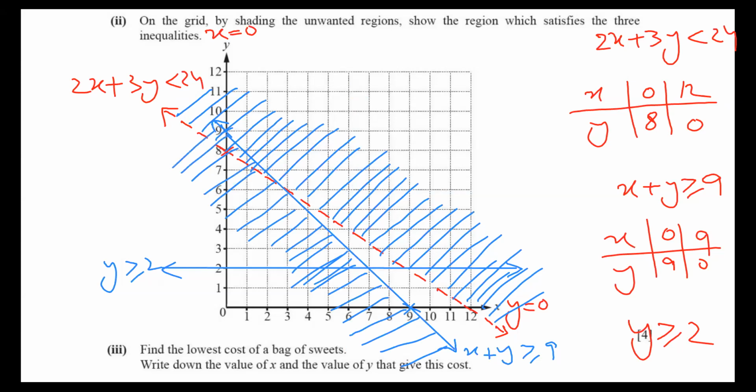The last thing: y is bigger than or equal to. Y is bigger. Common sense here, if I go above, y is increasing, 3, 4, 5, bigger. Above is called wanted, but I will shade the unwanted, so I'm shading below the line. Don't care about the other line. I'm shading one part and writing with a red color. This is my region R. I'm not writing the region label, since the question did not mention it, so no problem.